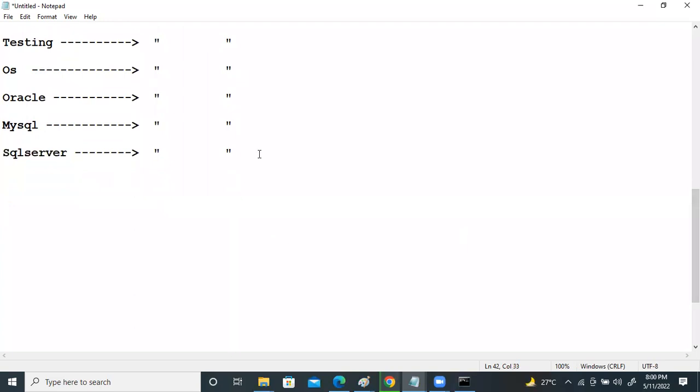Means just by writing Python statements, I'll write a Python statement and execute it, right? Go and check in your database, the table gets created, data gets inserted. You can perform all those operations by writing Python statements and executing them. The reflection you can see within the database, right?